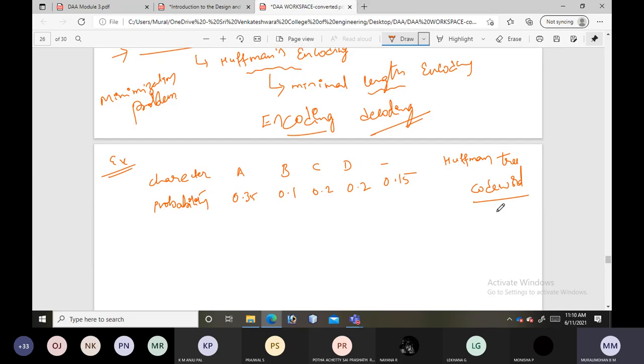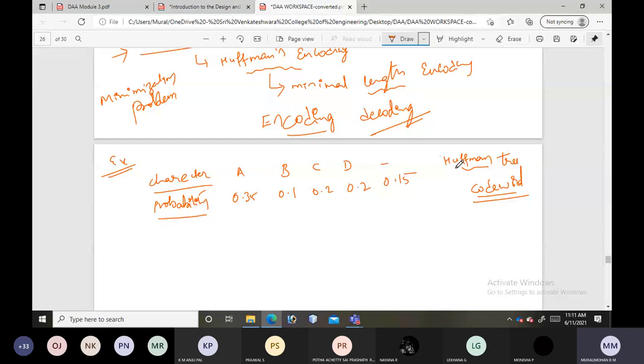Later we'll see how to write this Huffman tree and what the code word is. For now, the characters are given and the probability of each character's occurrence is given. Now our motive is to build this Huffman tree. We'll see how to build that.